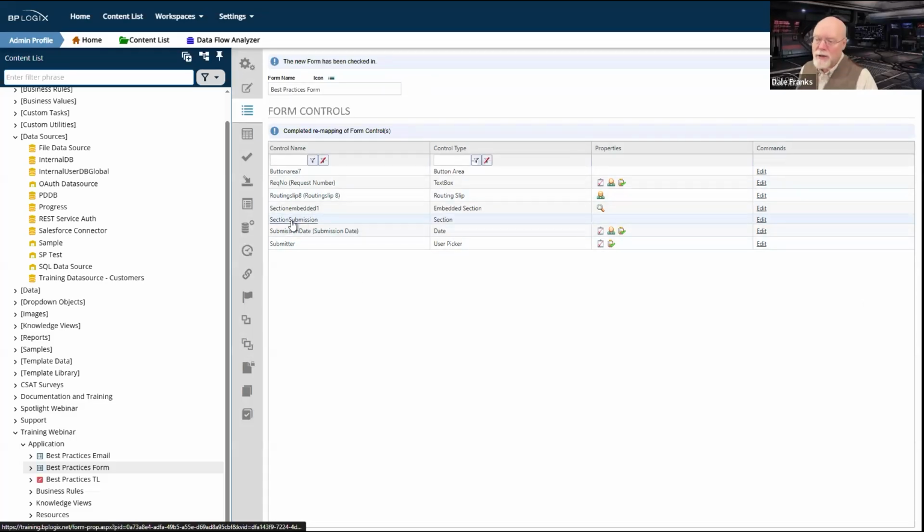And section submission now contains all of the values that were in the old section 6 control, and they're now part of the section submission control. And so now it's all concatenated into a single field. So I can go back, look at my historical data, and all of the data will be in this field. If I don't do that, then I'm never going to see that old data. That old data is only going to display in a section 6 field, which no longer exists.